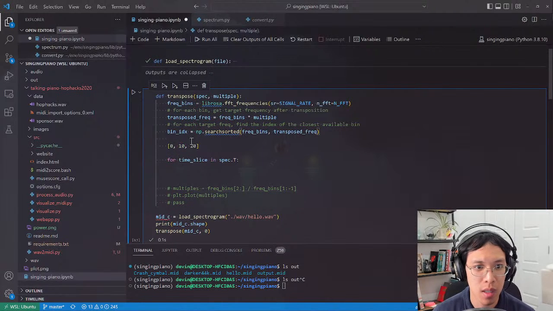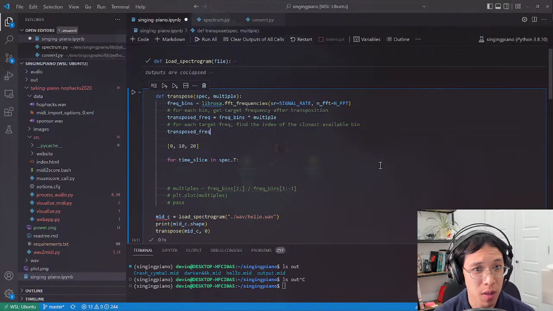So maybe a smarter and simpler way to do this, at least from a programming standpoint, is to calculate the difference between these transposed frequencies and these frequency bins, and take the smallest difference, which is a dumb way to do it. It is computationally costly, but that's fine. The computer does the work, not us humans trying to think through things. So I'm just gonna do